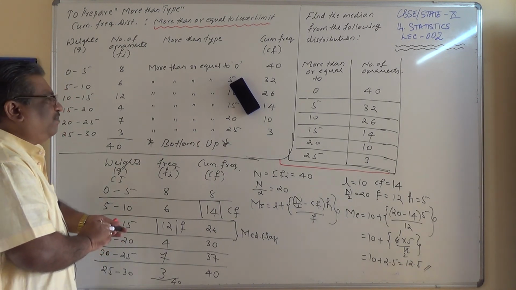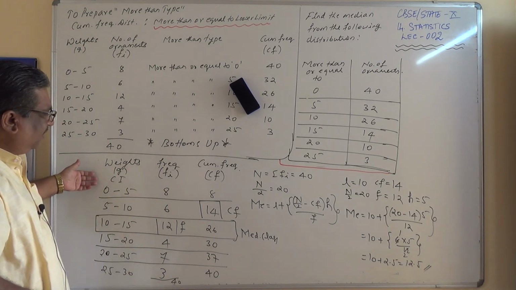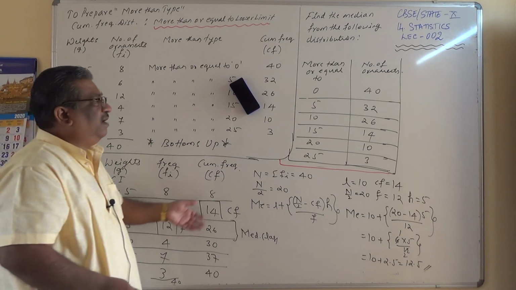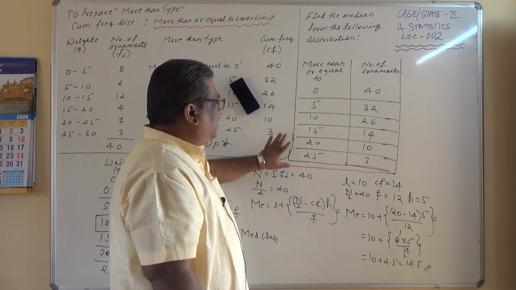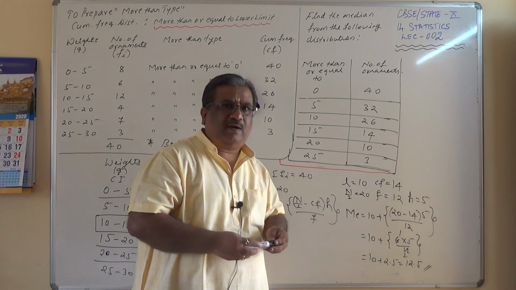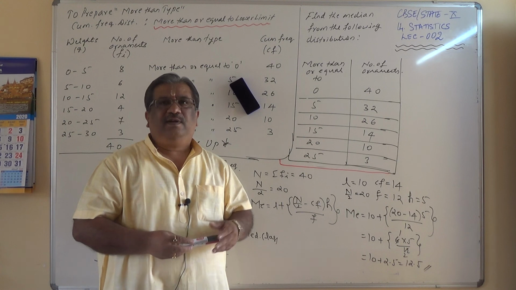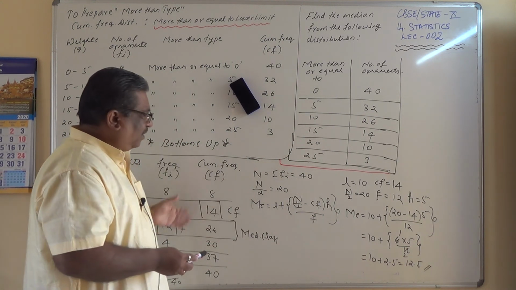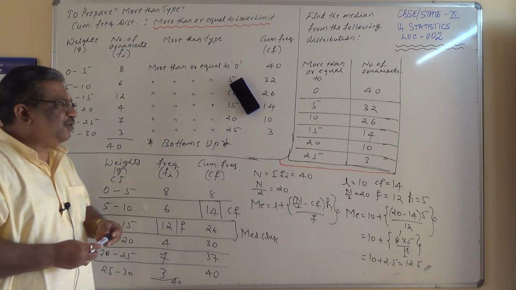So this is how we can prepare the distribution table required for the median from the given more than type of distribution table. Please remember, even though the ogive curves are not there, definitely such data will be given to you and you will be asked to find the median, for which you have to do some exercises. Practice these things a lot, and I hope you should be able to understand.